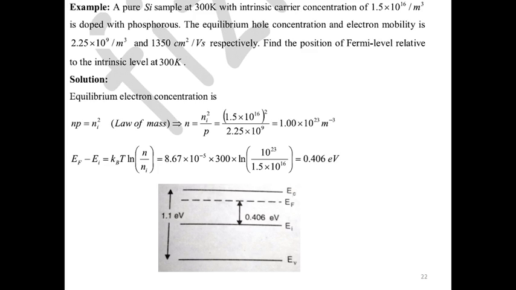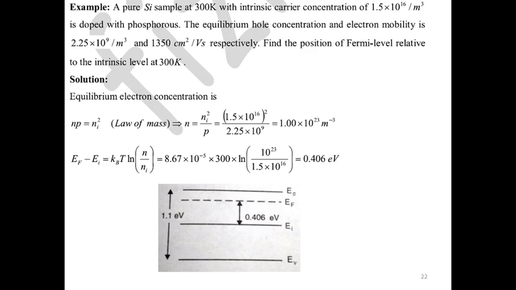Then we go for another example. If you take this numerical, only the half part, we will see a pure silicon sample at 300 K with the intrinsic carrier concentration given as 1.5 times 10 to the power 16 per meter cube, which is doped with phosphorus, meaning again an n-type semiconductor, that is, donor impurities. And from that we have to calculate the carrier concentration of electrons. Then by using the law of mass action, just go through the calculation step by step, rearrange the terms. You are getting 1 into 10 to the power 23 per meter cube.